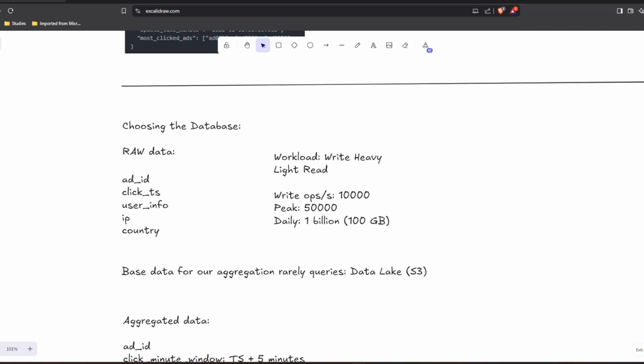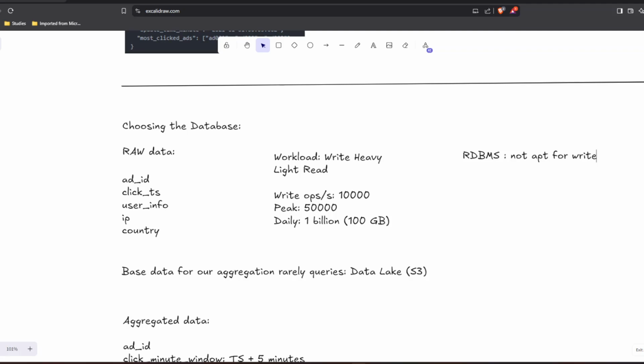Okay, yeah, so we can have RDBMS as well, but RDBMS will not be apt for this heavy write operation. Rather, we can have things like Cassandra, DynamoDB, InfluxDB or ScyllaDB, because they provide columnar storage and high write throughput. But again, we don't really know whether these NoSQL capabilities are